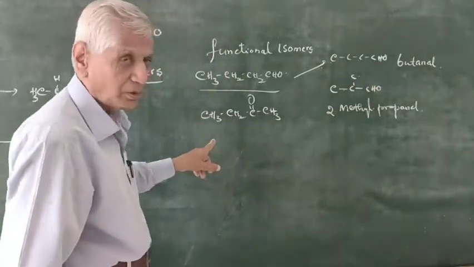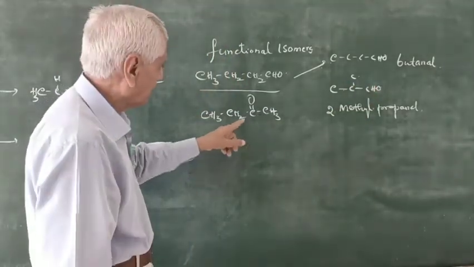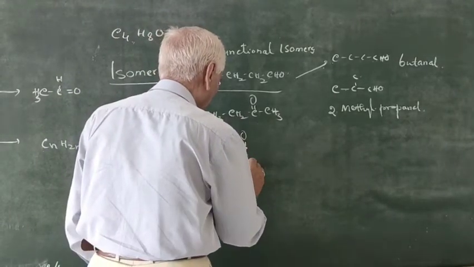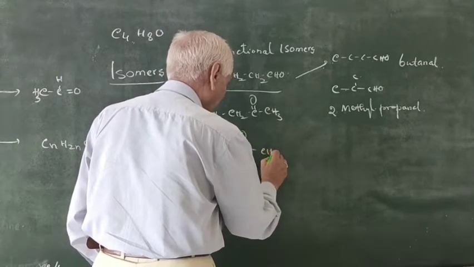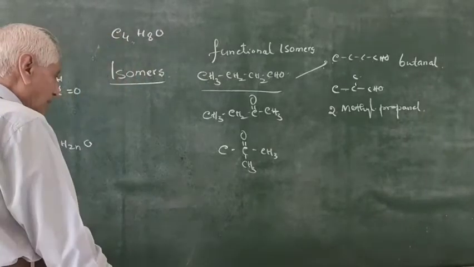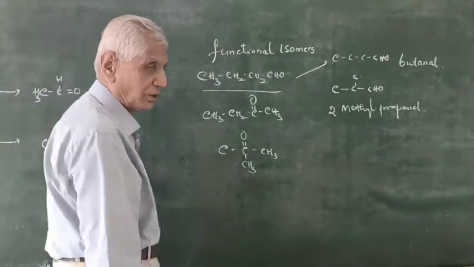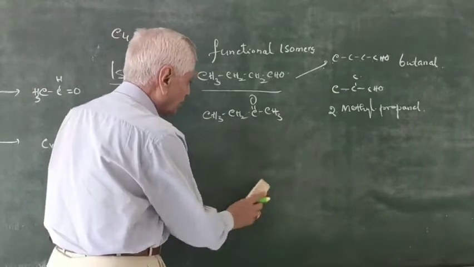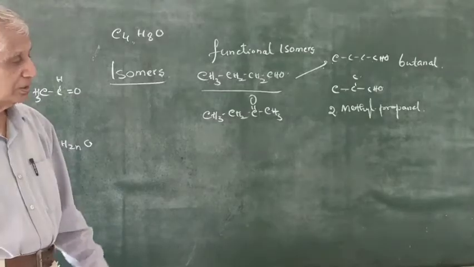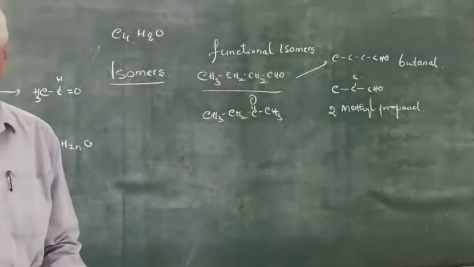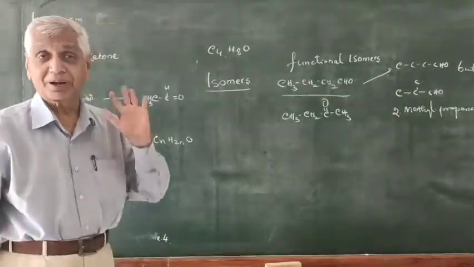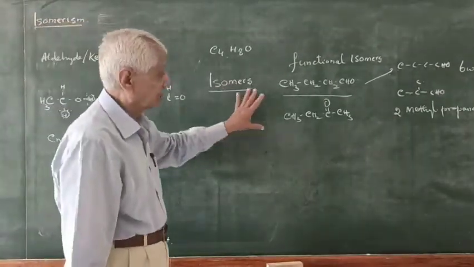And this one, butanol. Because you write carbon here, you cannot write it like this. No, it is not possible. Branch is not possible, because the middle carbon, if it is containing O there, you can't put CH3 also there. Therefore, this has no chain isomer. Only this isomer is possible. So in ketone, if the compounds contain more than 4 carbon atoms, then the chain isomers are possible. Remember.